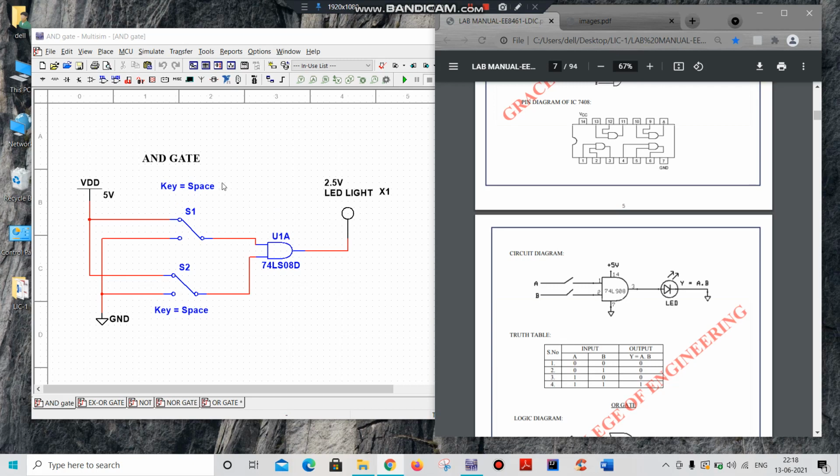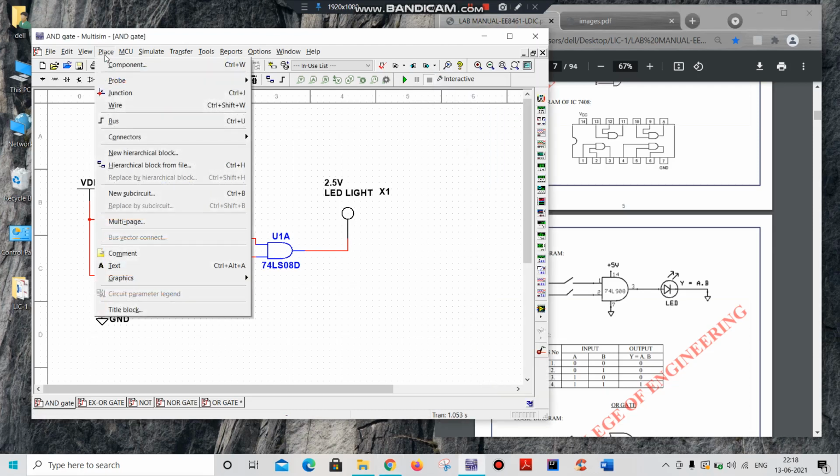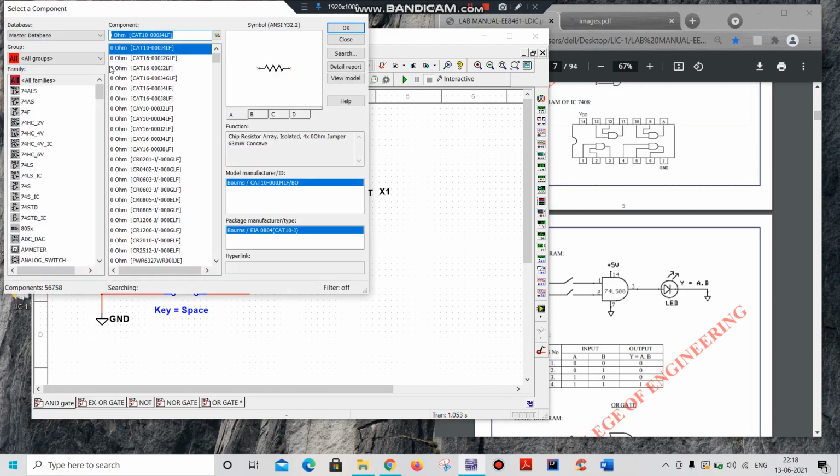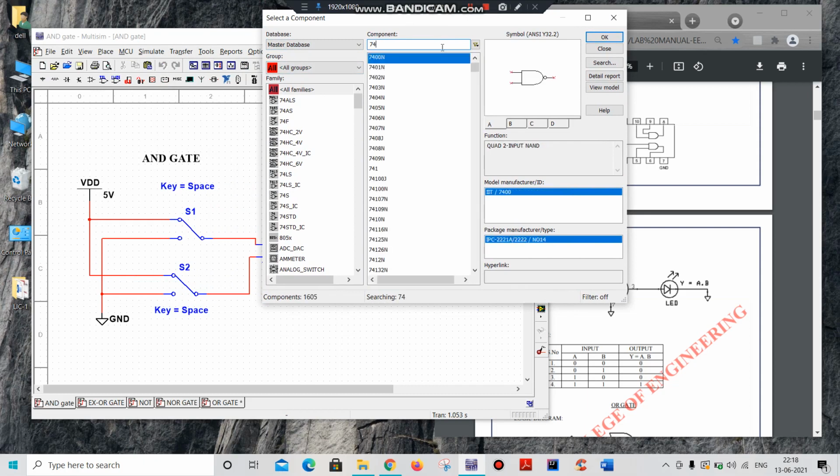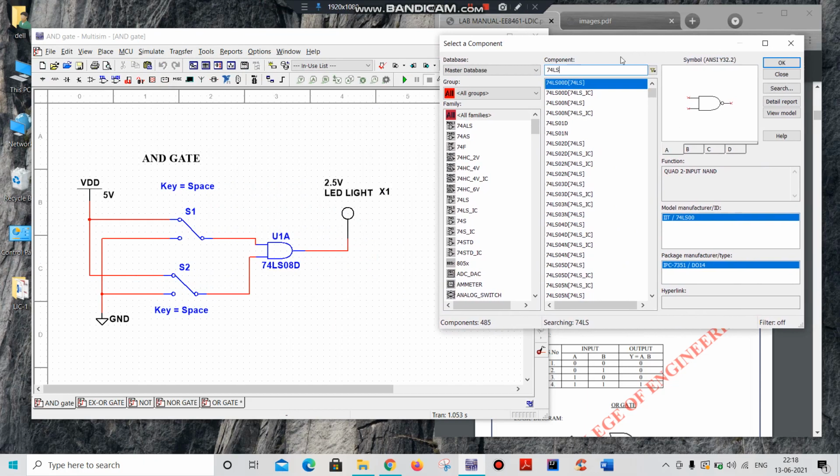For getting these components, I go to the menu Place Component, and in the component I just type the name, and I will get the component when I type it.